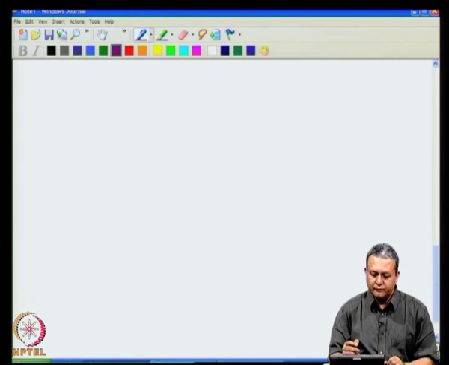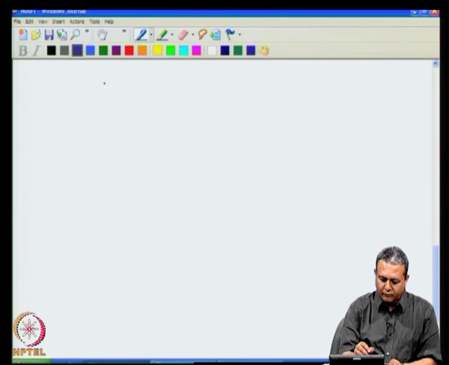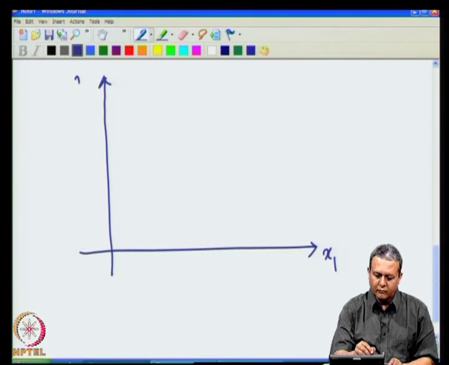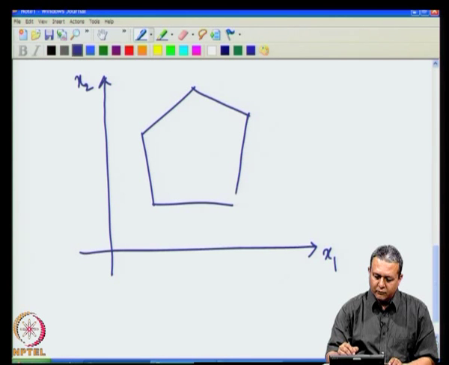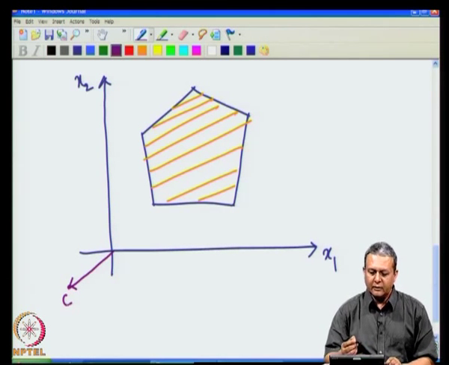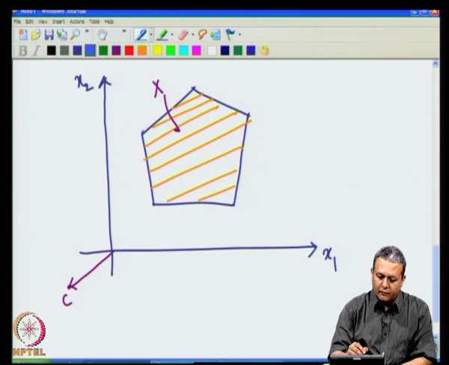So, let us see an example. Suppose that the feasible region is shown here, and let us assume that the vector C is pointing in this direction, and this is the feasible region. Now, this feasible region has these vertices,